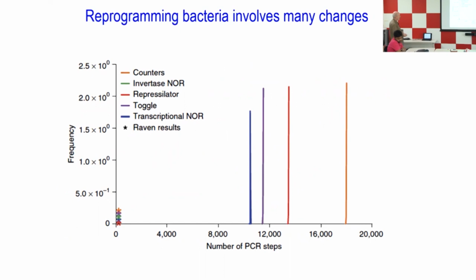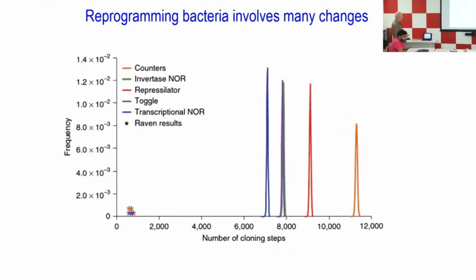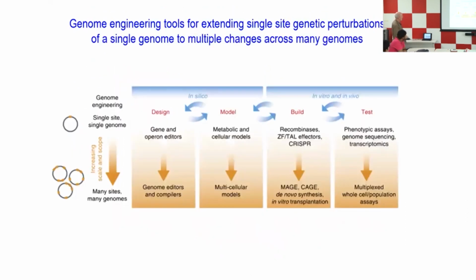Furthermore, from a technical point of view, if you want to do this manually, by making classical cloning and so on, the number of PCR steps and cloning steps that you have to produce to really come to the point that you have a useful bacterium should be astronomical. There's no way you can make 20,000 PCRs, clonings, etc. So I think that this is something that is completely out of reach. Okay, so then the idea is therefore that you have to develop technologies that enable us to enter